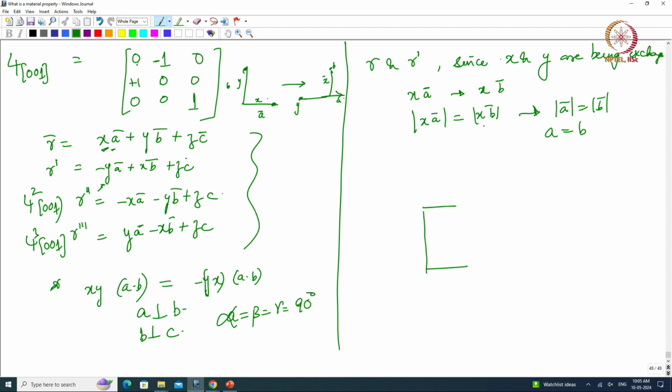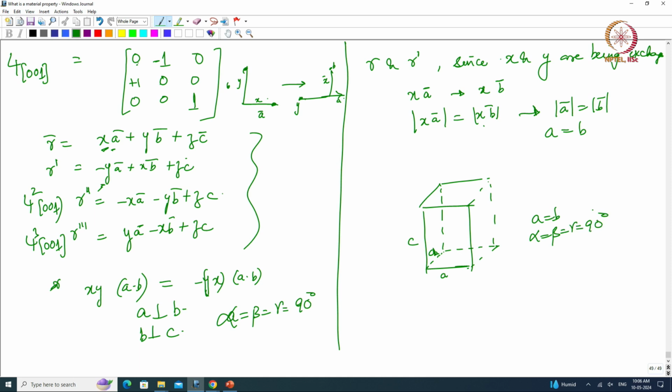So, let me draw the C. So, this is A, this is C. However, the B axis is in the unit cell, and B and A are exactly similar in length. Okay. So, you have A and C, whereas A equal to B and alpha equal to beta equal to gamma equal